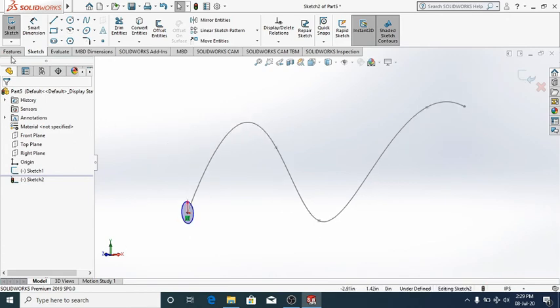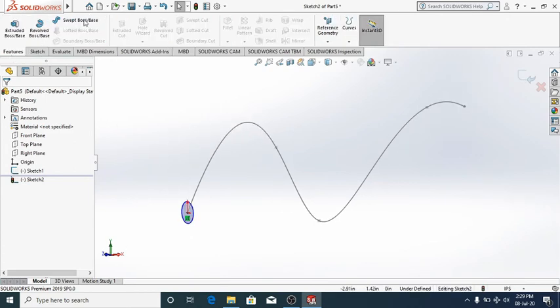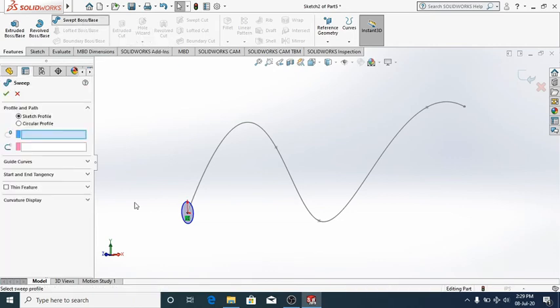Okay, let me choose Swept Boss/Base. That is another feature here. So here we can see this dialog box appears, with path and profile. Sketch profile. It is very simple, we can understand this. We have a feature which we need to sweep.